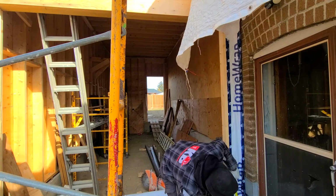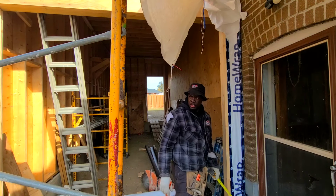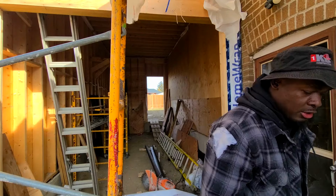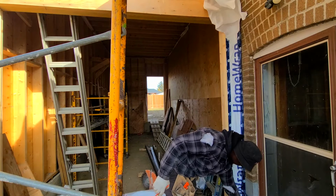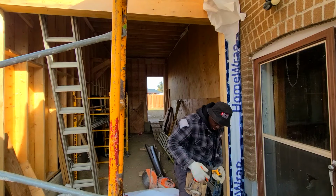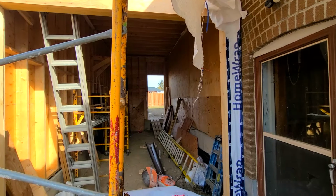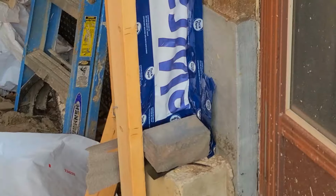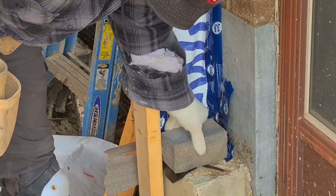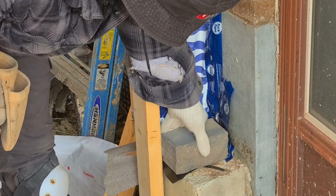So down here we have 3 inches. So now you need to go measure the smallest size stone you have to see if it's 3 inches. So this is perfect. The smallest size stone, 3 inches. So I just need to go right up where my mark is. So I measure from the top, come all the way down. I'll just see here, this stone is right where my mark is,